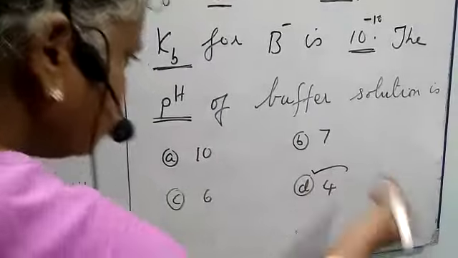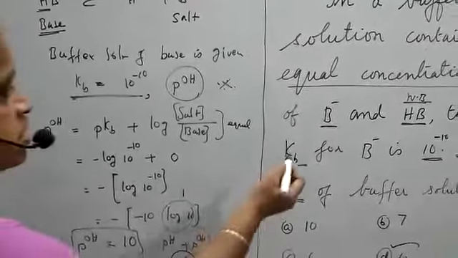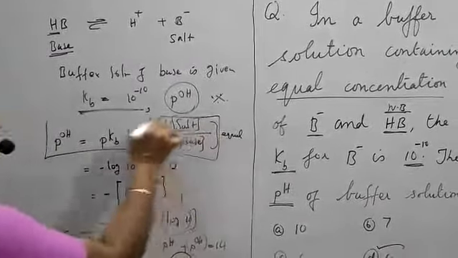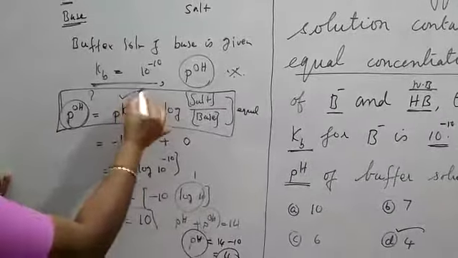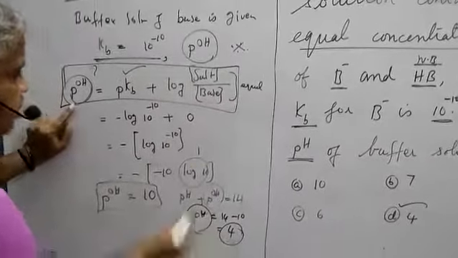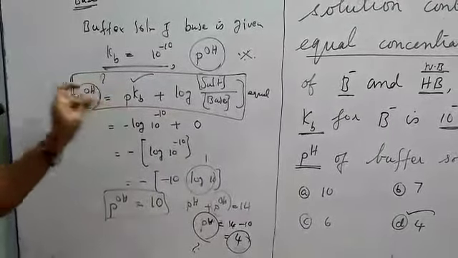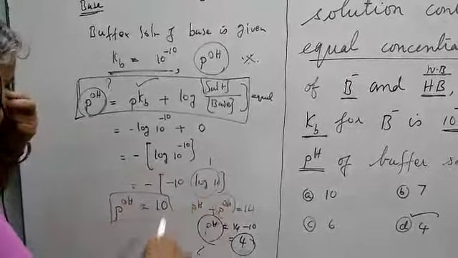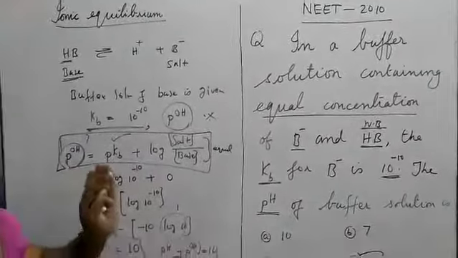Okay children, again repeating, the important point here is, since it is Kb, always, if you are going to use Henderson, you should worry about this. Based on this, you fix it. Then you have to calculate what they are asking. So you have to focus on these 3 points. Kb based, it is pOH. Since it is pOH, they are asking pH. So 14 minus pOH, you are getting pH. If these 3 points are clear, you will never make the mistake.